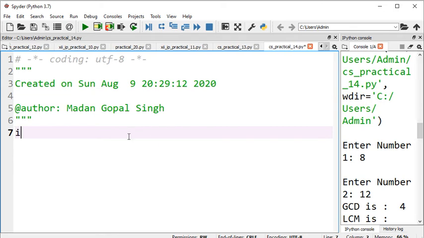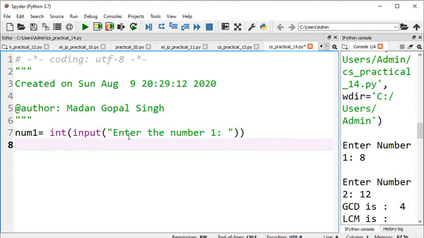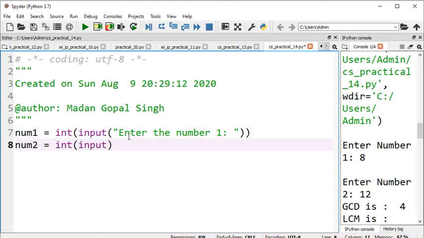So you can write: number1 equals integer input, "Enter the number 1", and in the same way number2 equals integer input, "Enter the number 2".